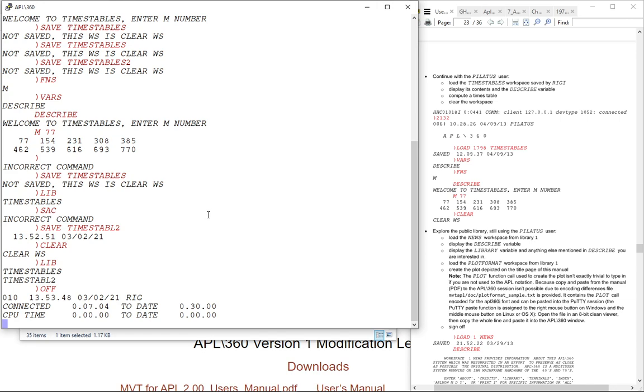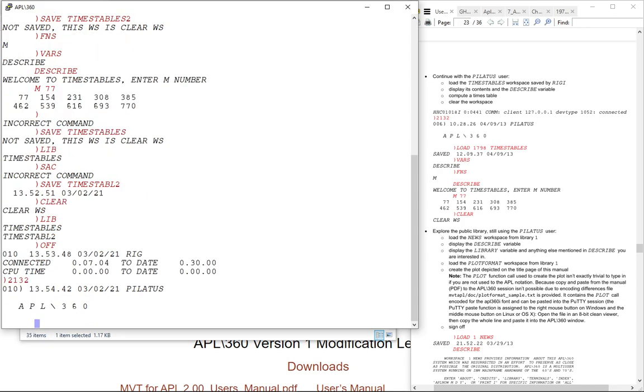I'm logging in here locally, but I could also be logged in from a remote computer using TCP/IP into this system as well, and have an APL session up and running through that connection also. But to save time, I'm not going to load another terminal. I'm just going to log into this one as user 2132. Then I'm going to load from user 1798 that new times tables